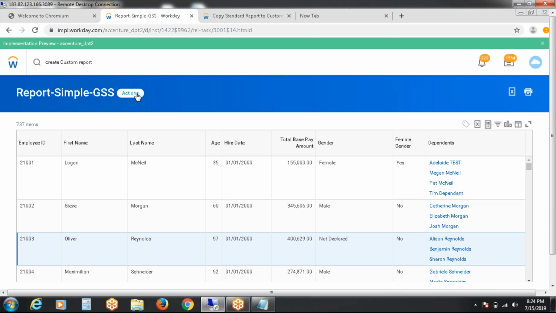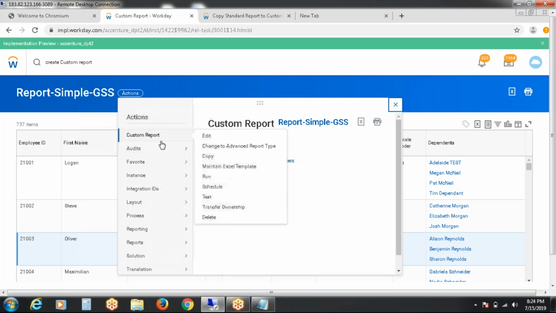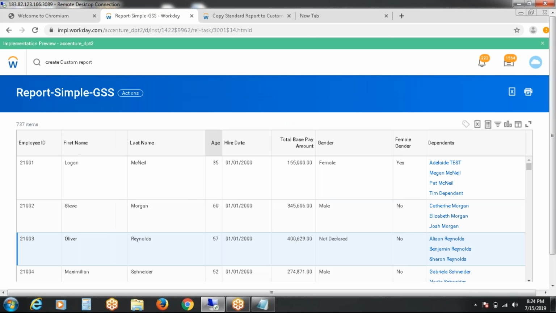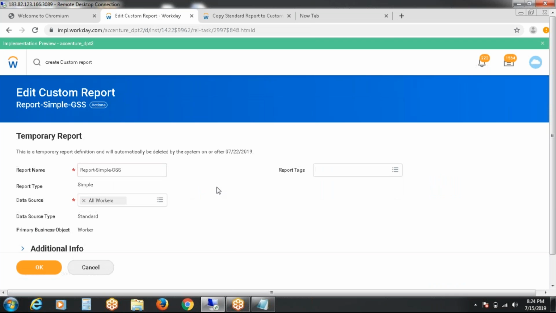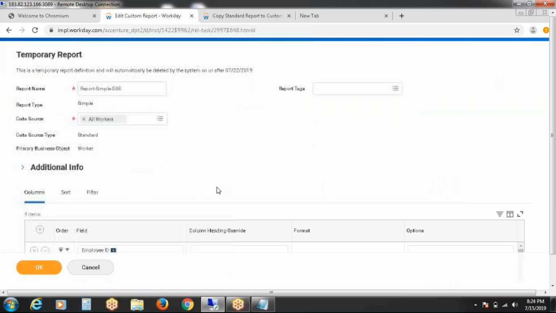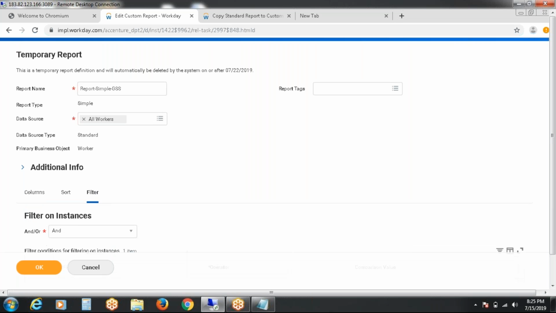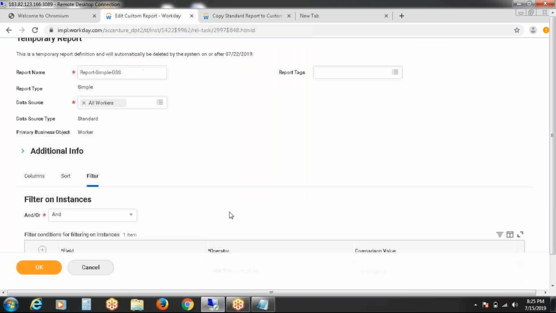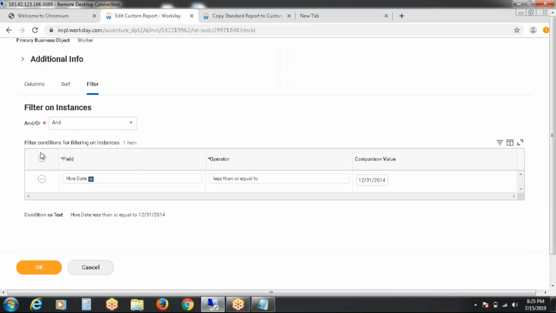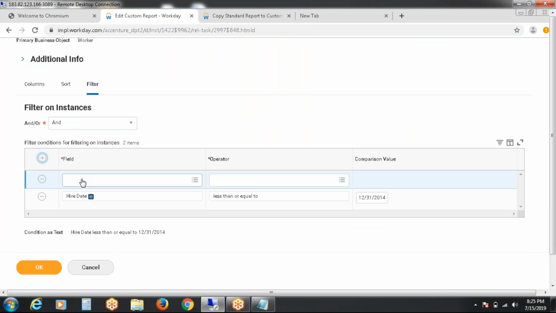Okay. Say for example, I would like to filter some data here. The task is nothing but edit the custom report. So I would like to see those who joined in 2005 and till 2010. So in between data I want. For that, please go to filter and add a row here.